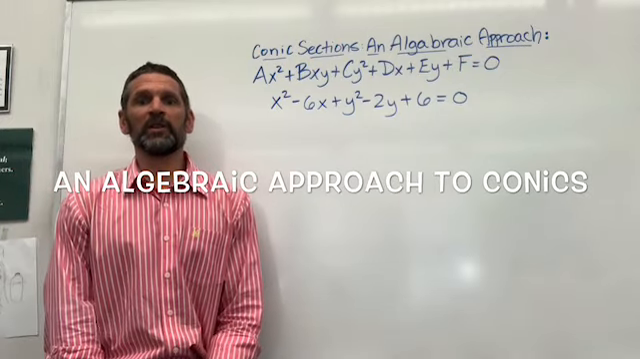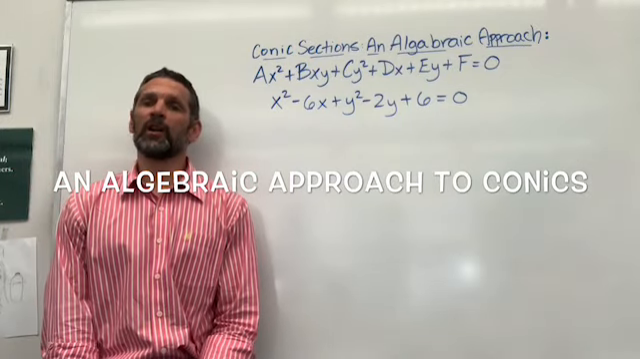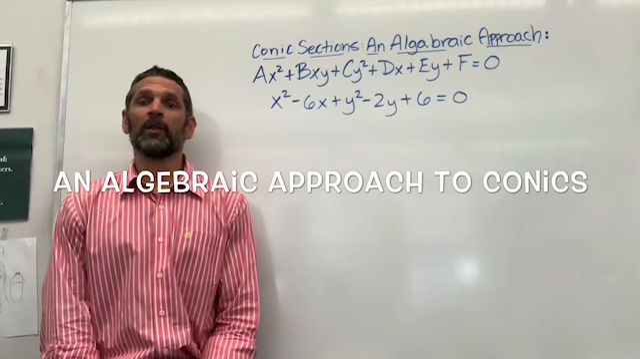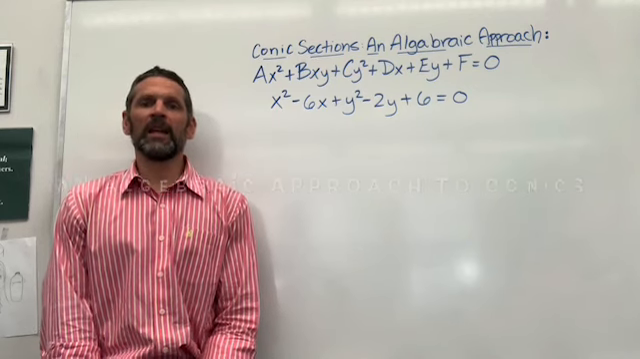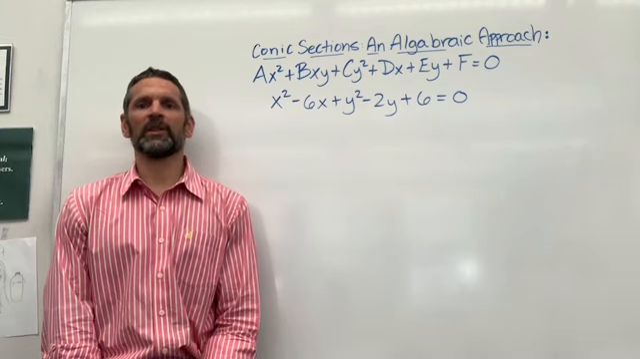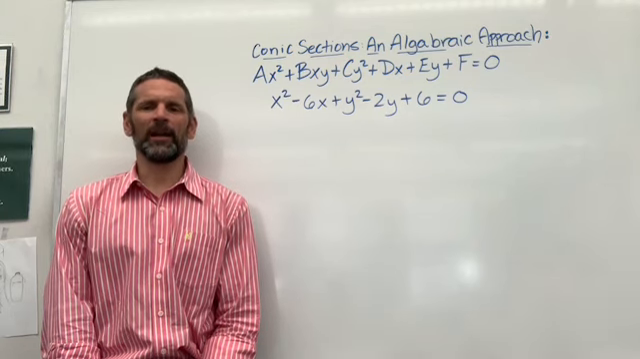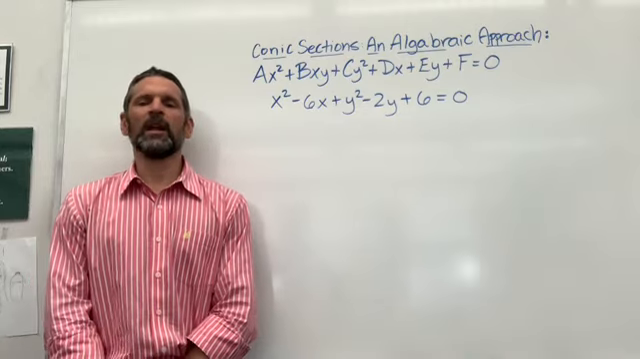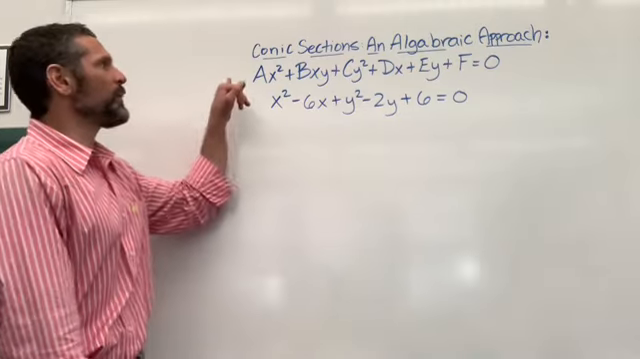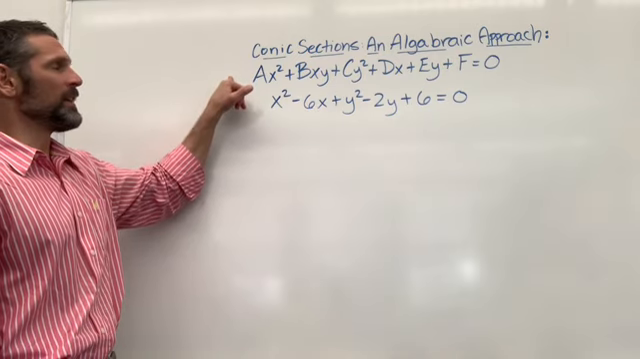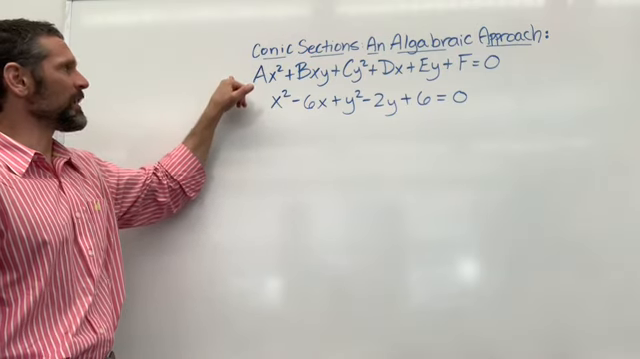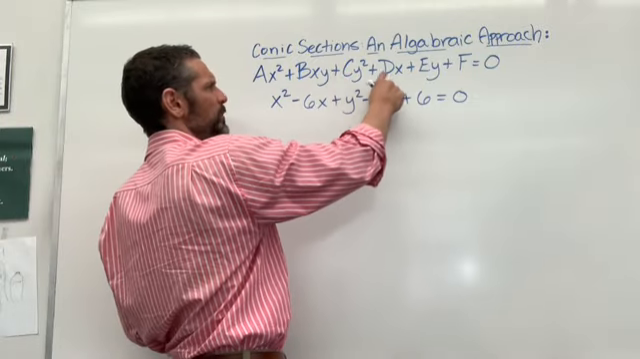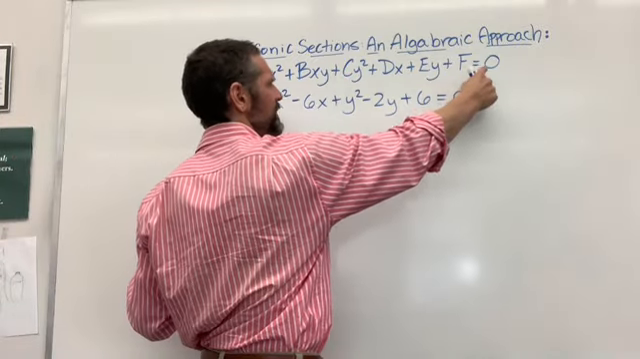We've talked about the geometric approach to conic sections, a double nap cone intersected by a plane. The first one we looked at was circles. Here, an algebraic approach suggests that any conic, be they circles, ellipses, hyperbolas, or parabolas, can be put into a form, standard form of any conic is ax squared plus bxy plus cy squared plus dx plus ey plus f